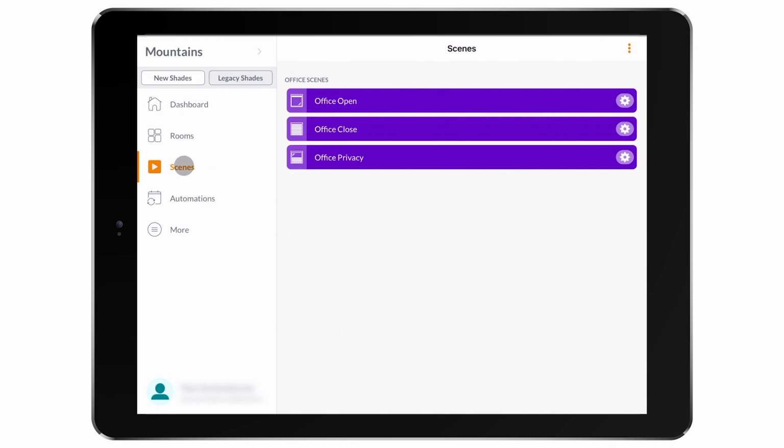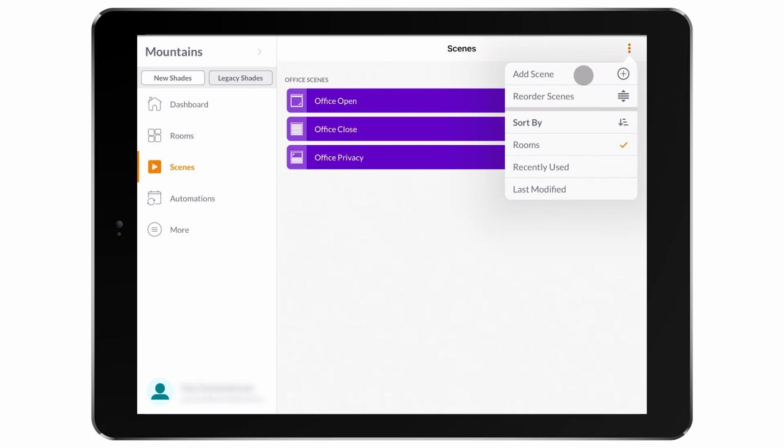Scenes are a custom position of shades. Scenes like open, close, and privacy were created by default during the setup process, but you can always create more here. Or you can change the order in which you see the scenes from the page. You can also automate these scenes on a schedule right here, or if we go back to the menu, next